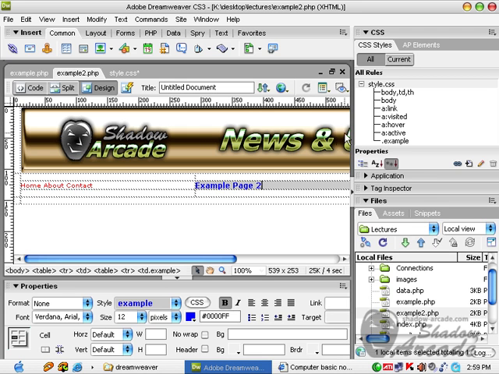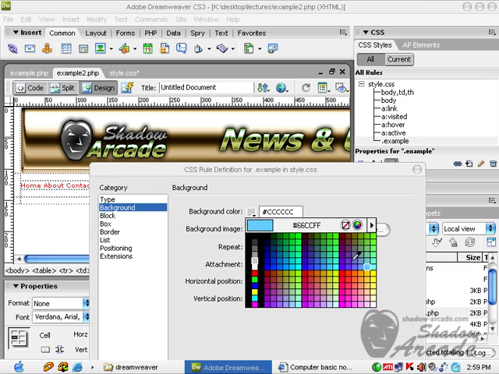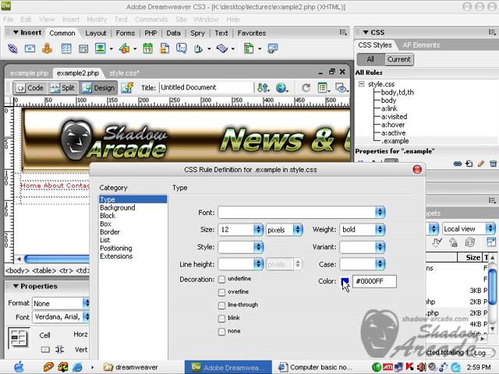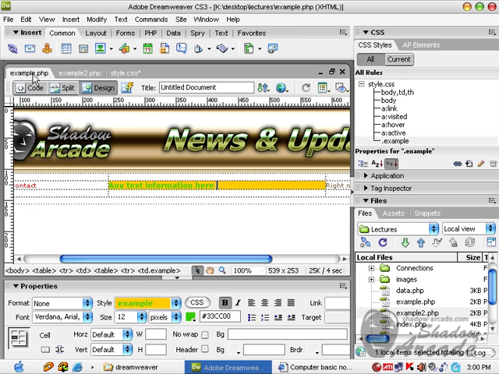And the good part is, if I try to make some changes on this CSS rule, let's click on it and press the edit style button and change the background, and also change the color. Let's choose green for now and press OK. As you can see, the color of your style sheet rule is now changed and applied to all the pages on which this style was used. Go into the previous page, example.php, and you can see the change here as well.